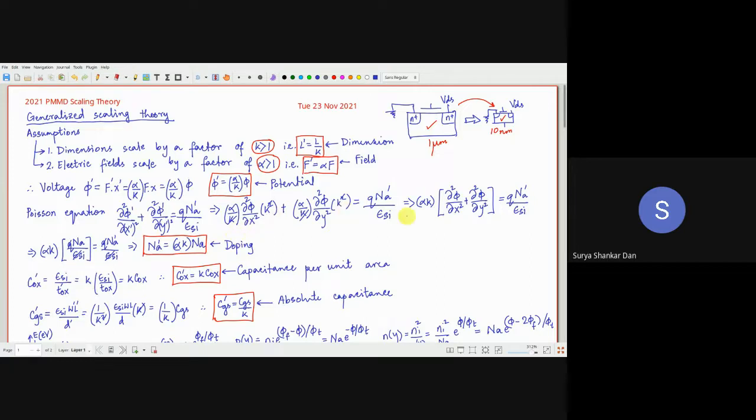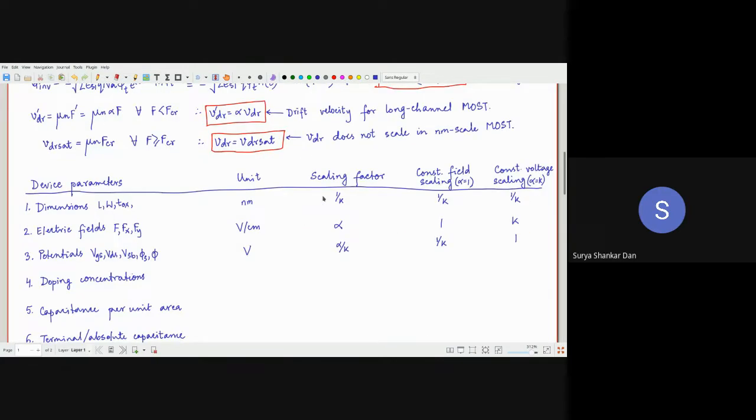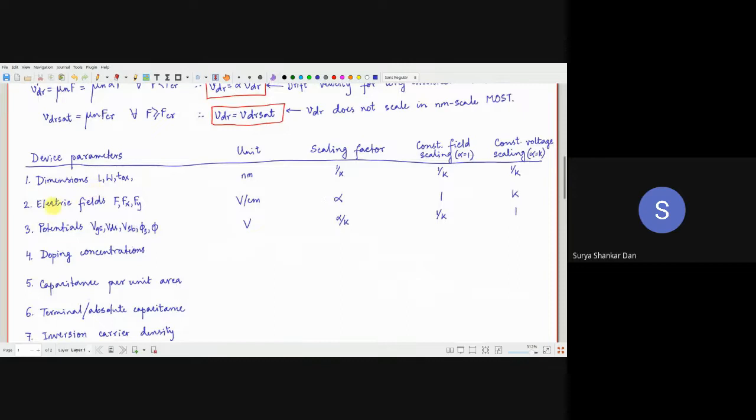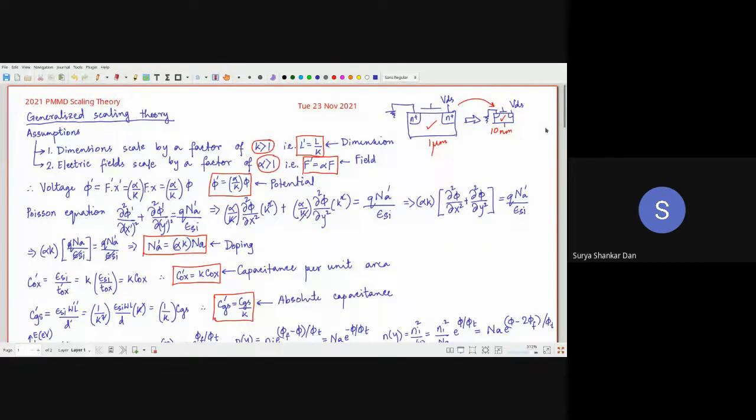Now notice, when we are downscaling, the factor is alpha by k and this. If we simply reduce the dimension, keeping VDS the same, then from the mathematical models which we have developed, we will observe the electric field under the constant voltage scaling. So what is the easier approach for us? The easiest thing to do is you simply don't bother about the terminal voltages. Remember, as a circuit designer, you don't bother about what is internally going on inside the device.